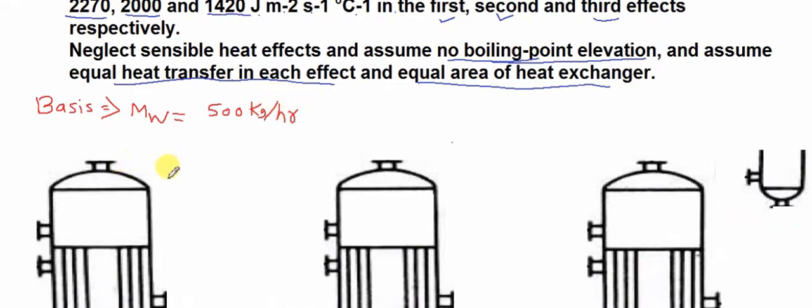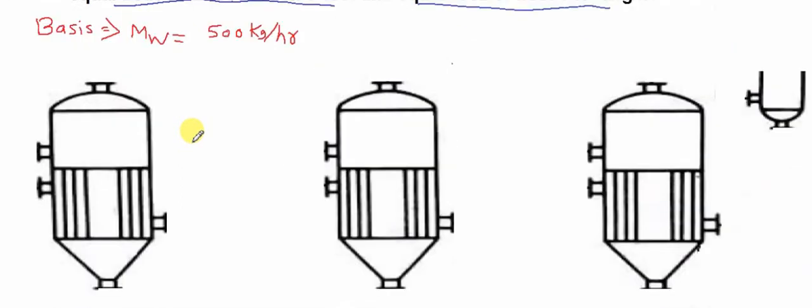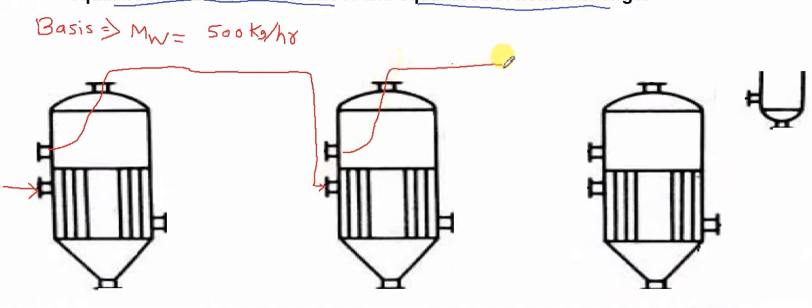Okay, so now I just draw this figure as per our previous conventions: whenever the vapor phase is there, we will go for red color. So here vapor phase, red color, and then here heat transfer takes place. Vapor generated in the first effect works as steam in the second effect. Similarly, vapor generated in the second effect works as steam for the third effect. Okay, so this is our diagram.